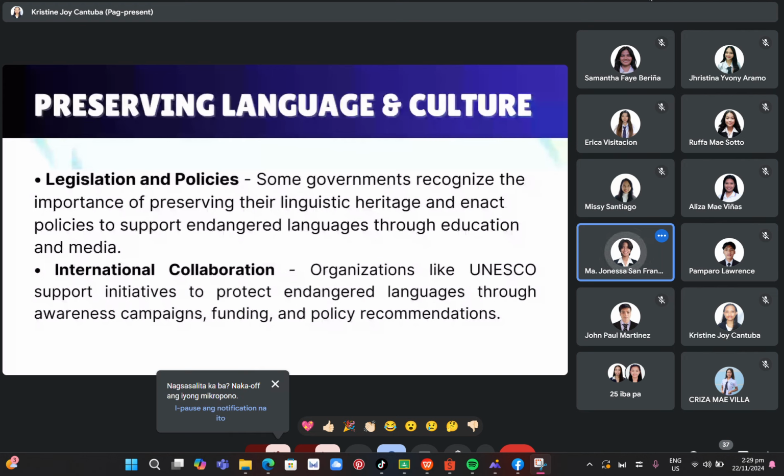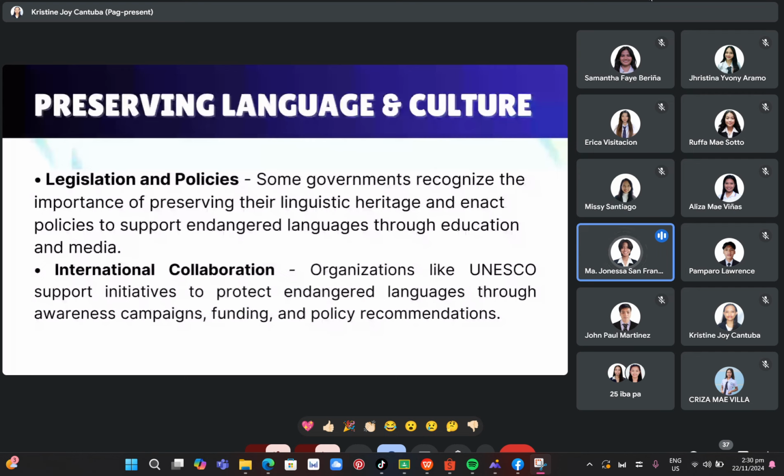There is hereby created a commission to be known as the Commission on the Filipino Language, composed of representatives of various ethno-linguistic groups in different disciplines, which shall undertake, coordinate, and promote researches for the development, propagation, and preservation of Filipino and other Philippine languages, and which shall be directly under the Office of the President. So basically, this law talks about promoting, preserving, and developing the Filipino language and other Philippine languages.